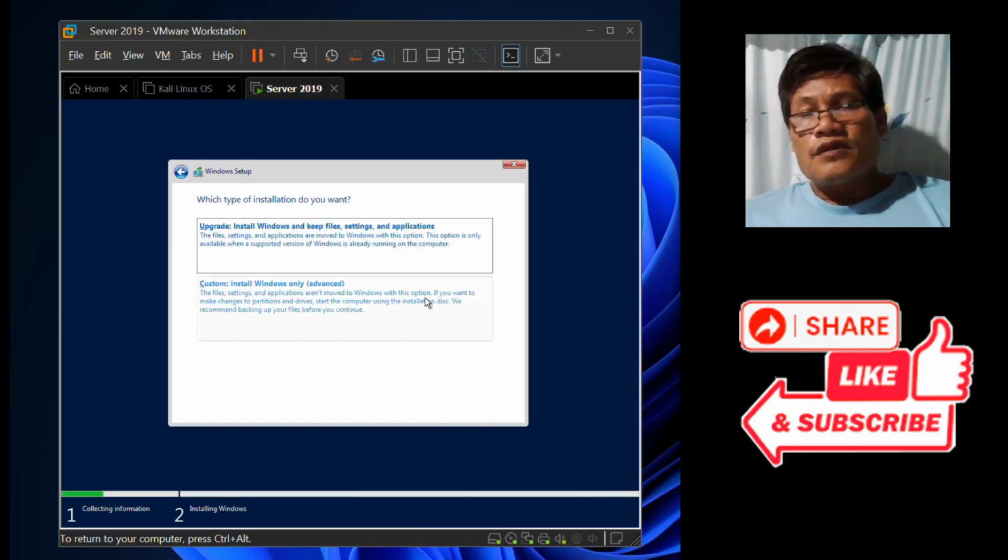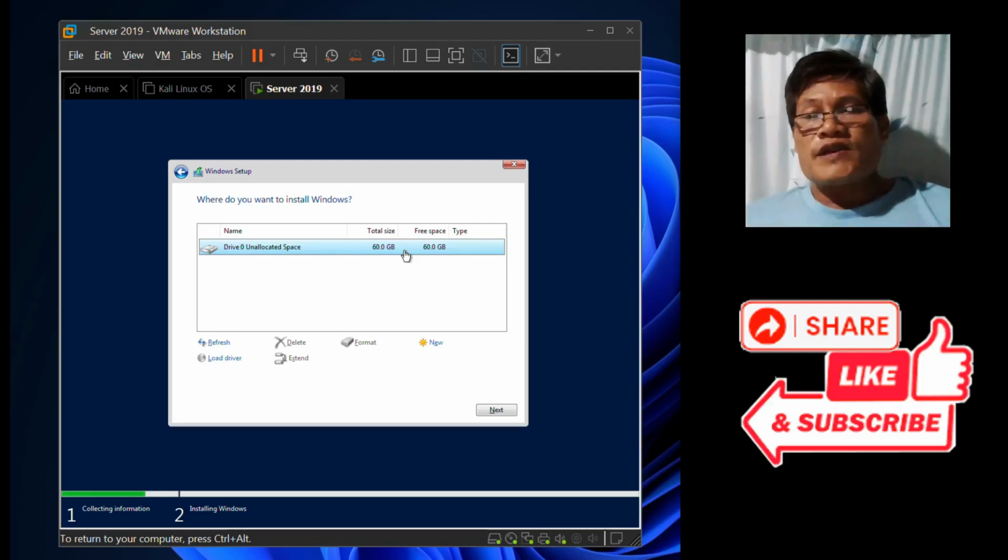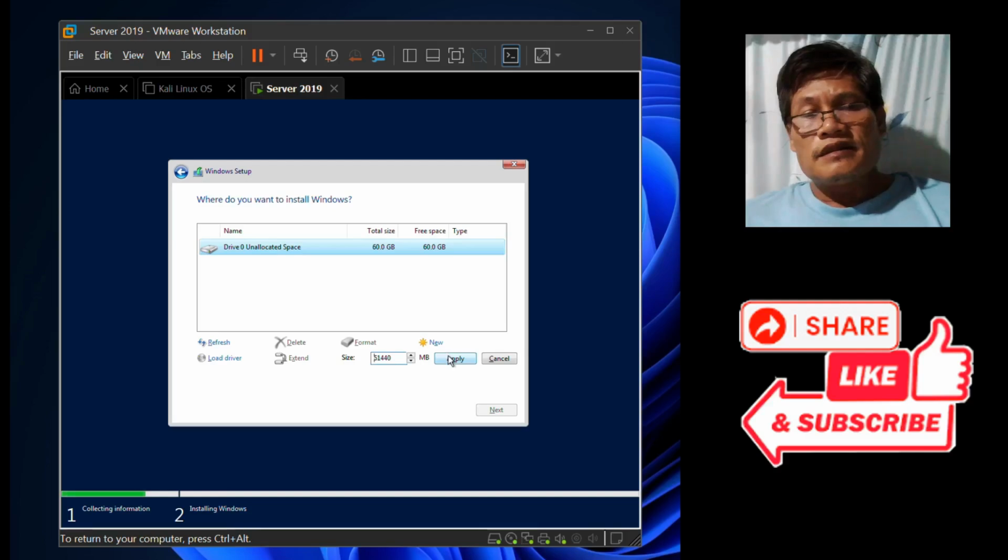Then there are two options again here. We'll select custom install. Click it. Then you will notice that there's already the 60 gig that was allocated a while ago. So click new, then just click apply, then click OK.